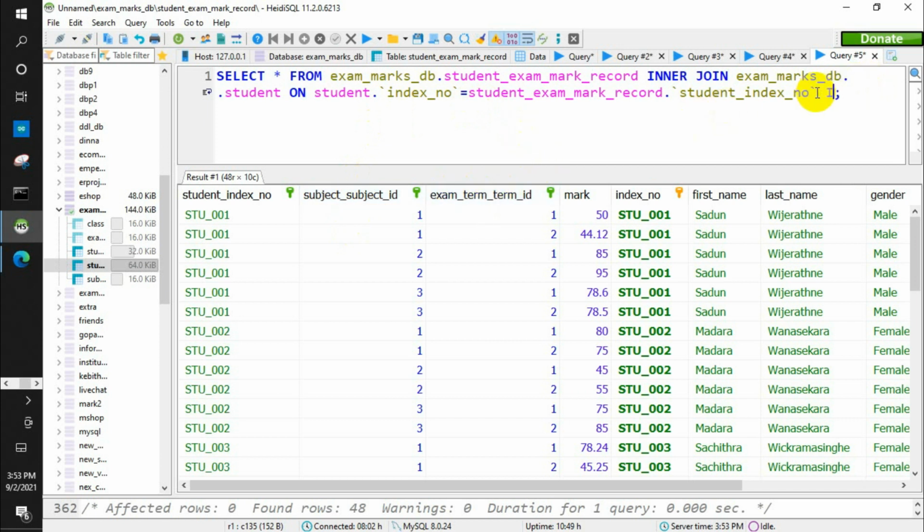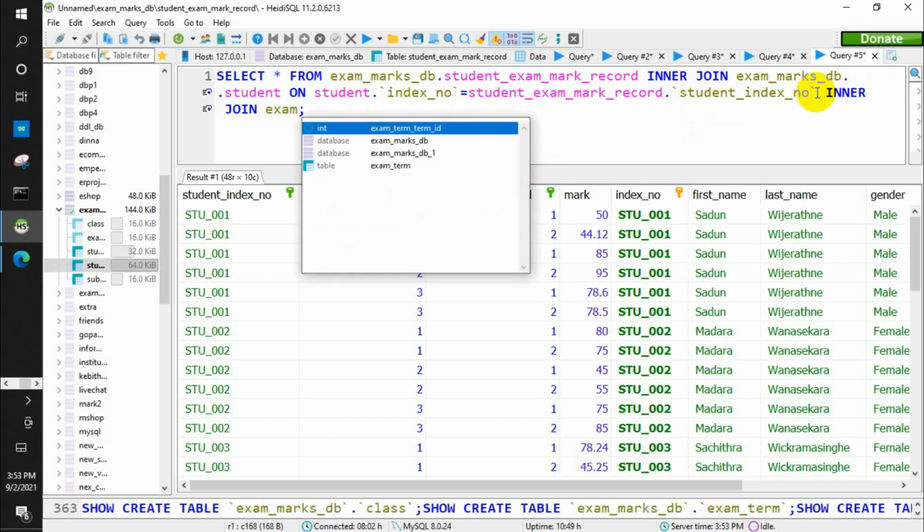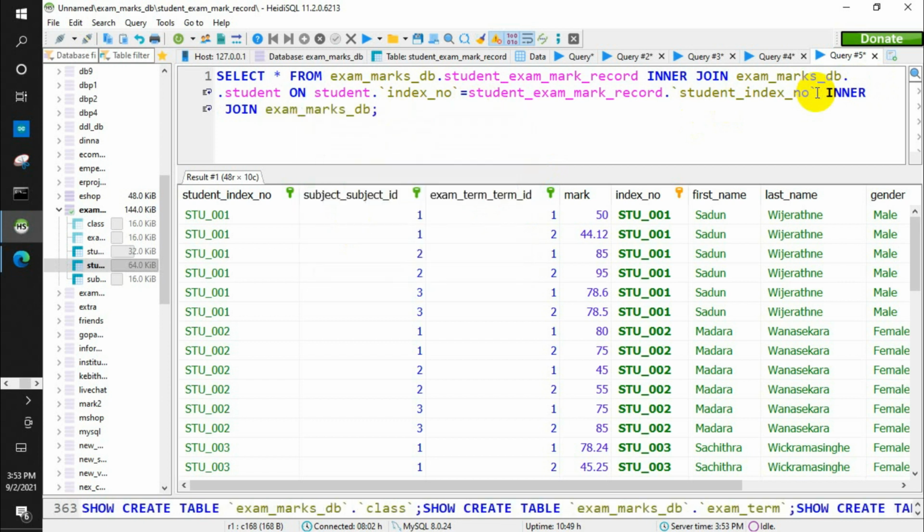But first, as I need all the details of the student, I also need the class of the student. So I have to connect the class table also.